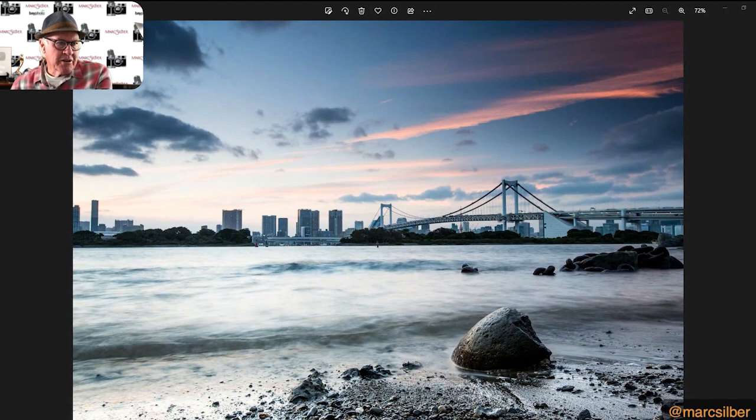You've got a long exposure, I see, with the wave being blurred out. So I'm assuming you probably have this on a tripod. If not, you've got a good steady hand, and that works really well. I'm just visualizing this for myself, but you might consider a shallower depth of field on the bridge. But on the other hand, I'm going to say it works because you're really showing the contrast between